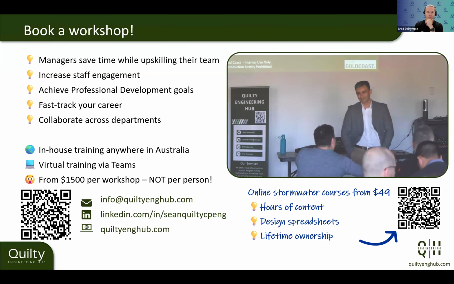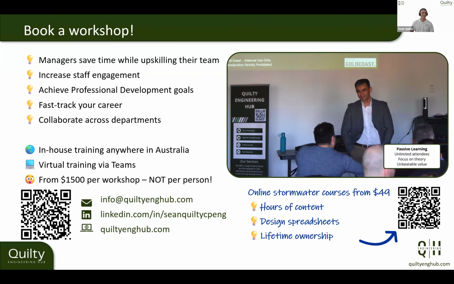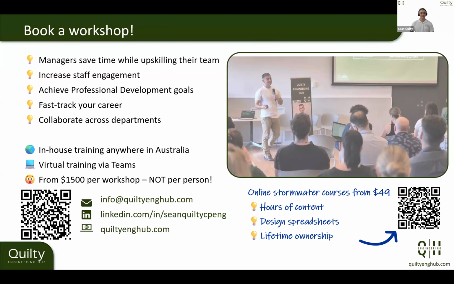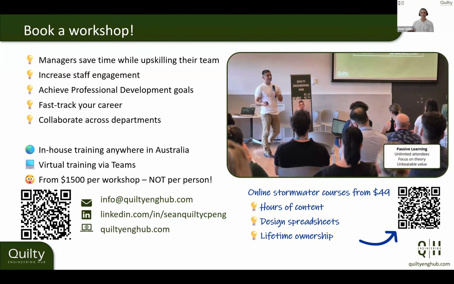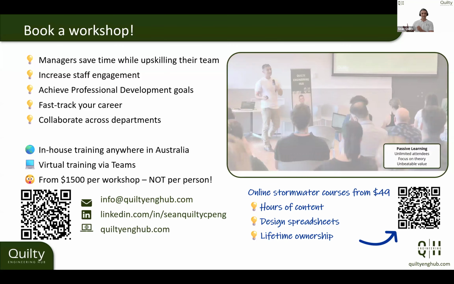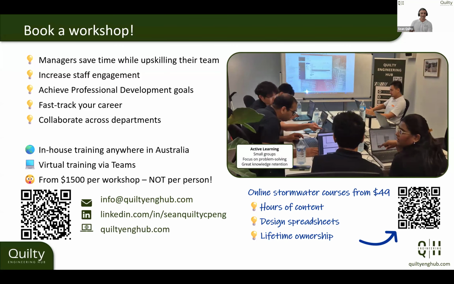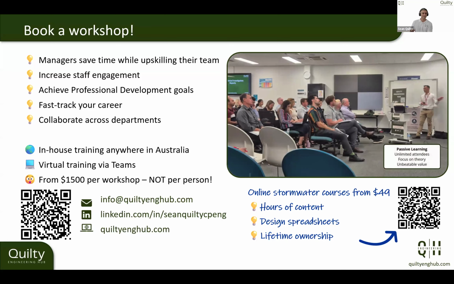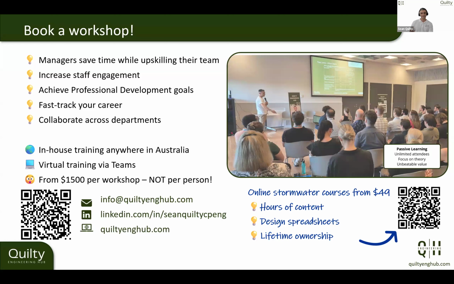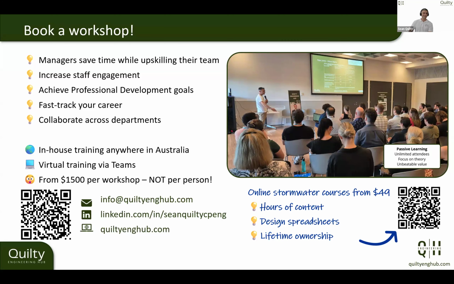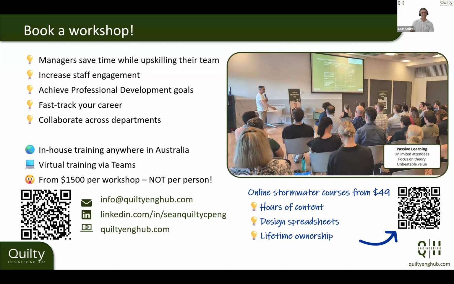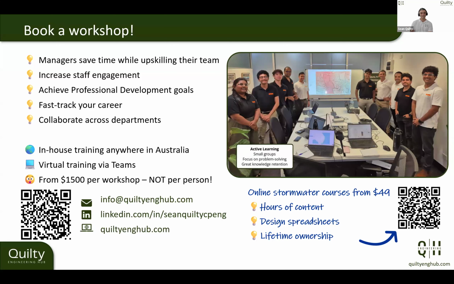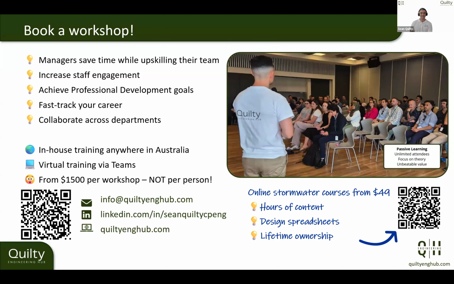If we're ever pulled in front of a judge and asked to explain why we made things undersized when we knew about climate change as well. Planning scheme policies will always be lagging behind because they're only updated every 10 years or so. And it's no fault, it's just the way it is. And so they won't be able to incorporate a lot of things on climate change, unless of course there are temporary local planning instruments, and then that gets into the whole planning realm, which I'm not experienced in. But yeah, there might be some ways to try and incorporate it, but really you've got to just wait for that planning scheme to update.